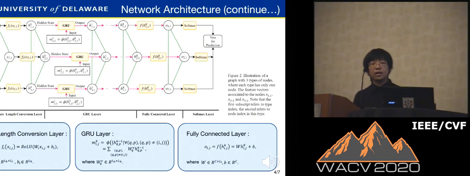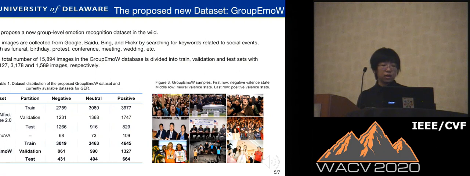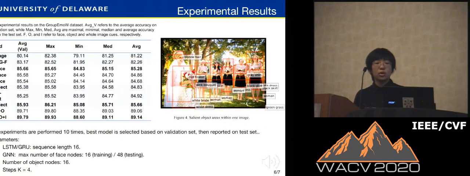Also, we proposed a new group-level emotion recognition dataset, where all the samples were collected from the internet with different dimensions. Compared to other existing databases, we have more samples, and here are some samples shown there. And we conduct extensive experiments on different datasets, including this new dataset called GroupEmoW, and our method with GNN using faces, objects, and the whole image achieves the highest performance compared to some baseline